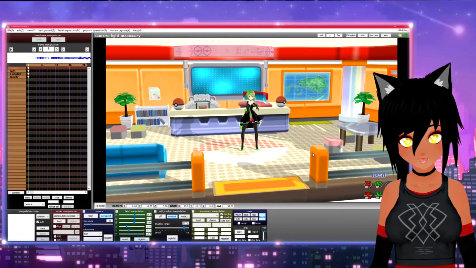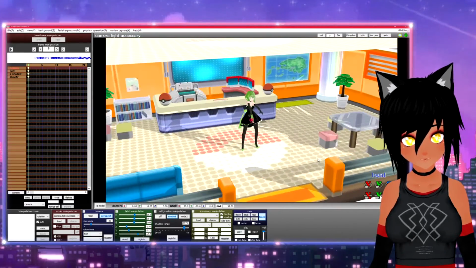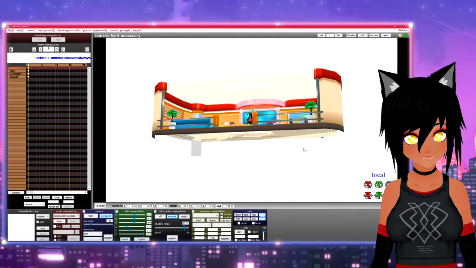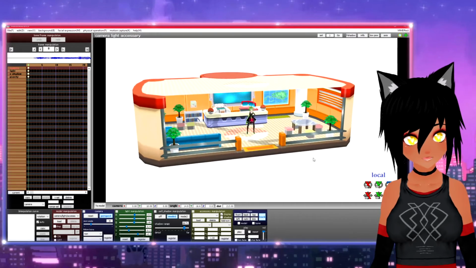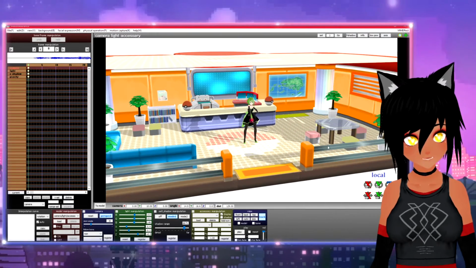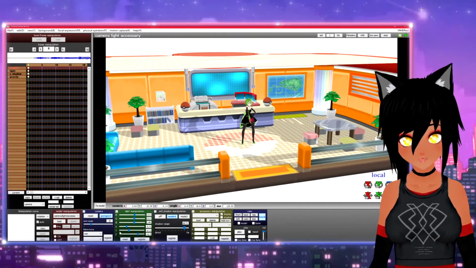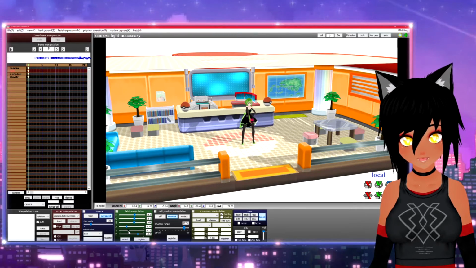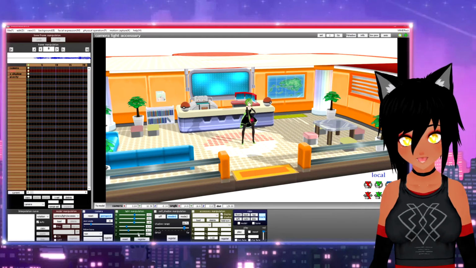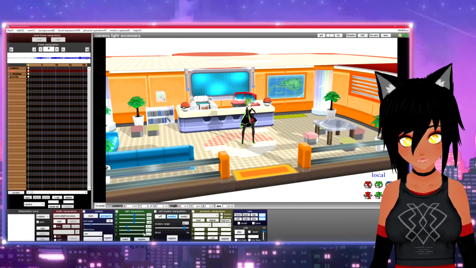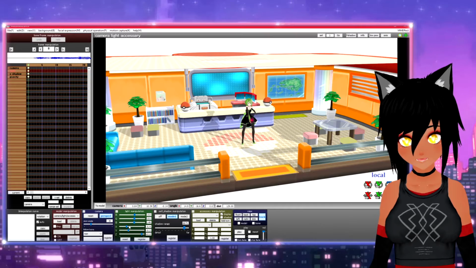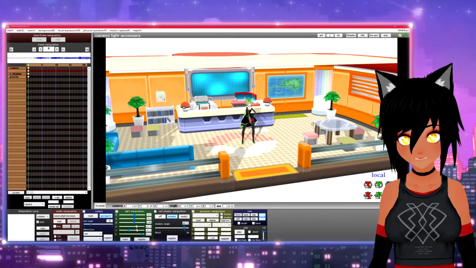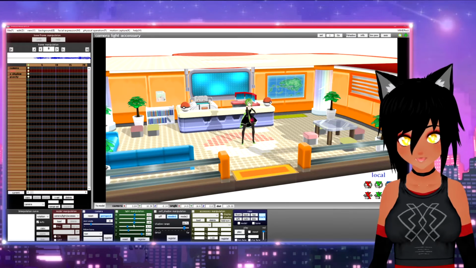Okay, so I found where the lighting was. You can zoom out and see your whole stage going on there. But yeah, you can see the lightings over here. So you can change these sliders to change the direction of the lighting, go back and forth, and pretty much figure out how you want it. See, that'll move it from side to side. So you can do all kinds of stuff like that.